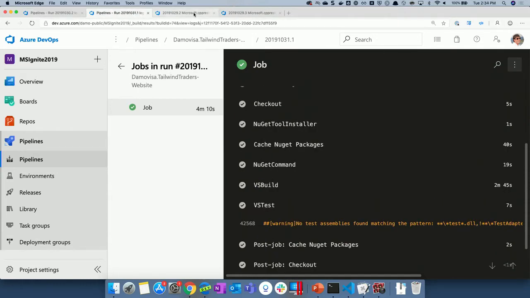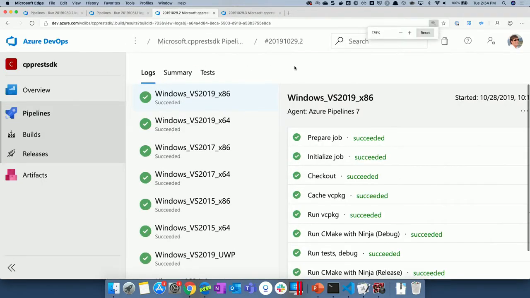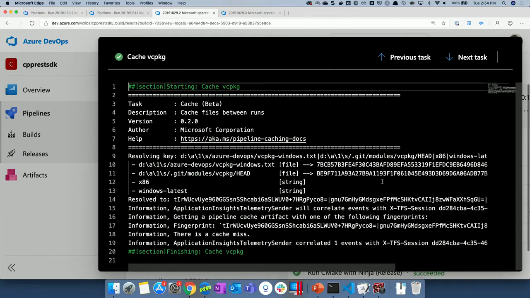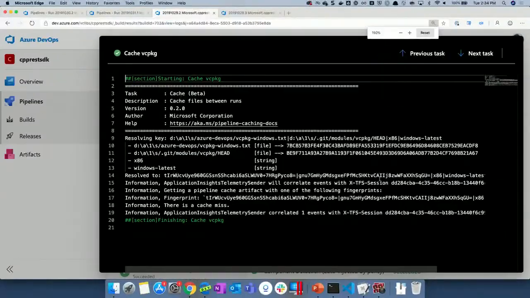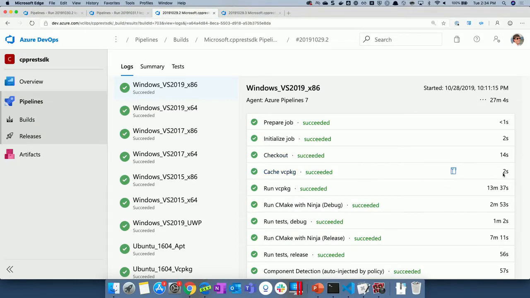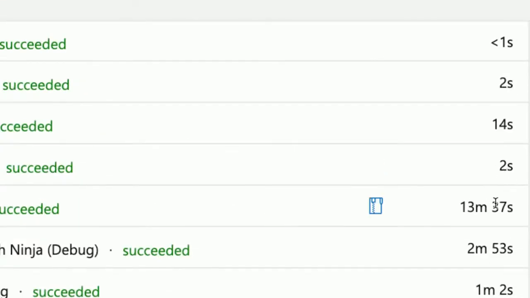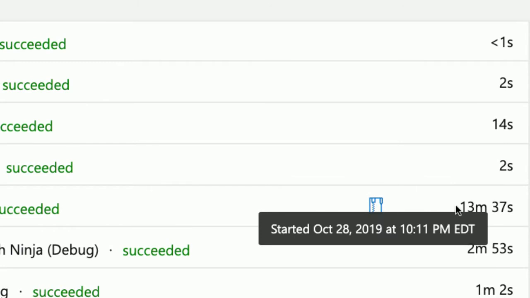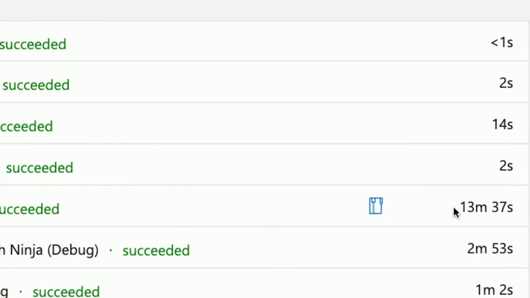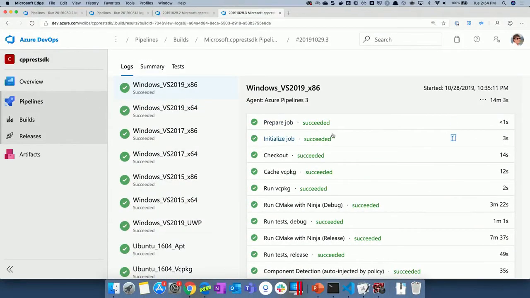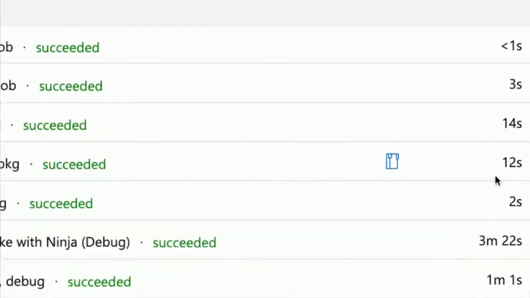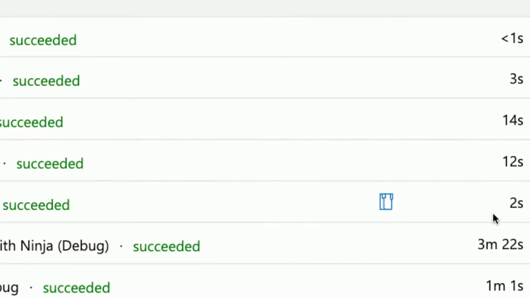Where it can be useful is if you have to do some work to get a result. So here's an example. This is, I think, the C++ REST SDK or something like that. This is an internal Microsoft project. You can see this cache process here. Actually, let me just zoom it out again. This cache process here, in this case, there was a miss, and it took 2 seconds. And then the next task, which builds this tool for us, takes 13.5 minutes, right? In the end, we just end up with a fairly small resource. So next time, when we get a cache hit, that goes from 13 minutes down to 2 seconds, because we're just pulling the artifact down. Right, so that's where it's really, really useful.